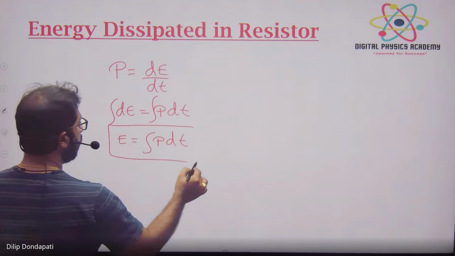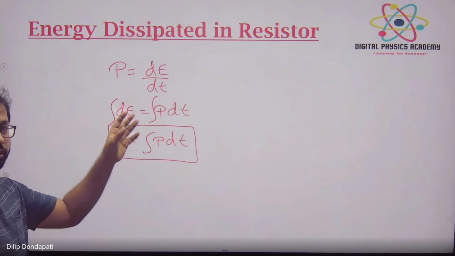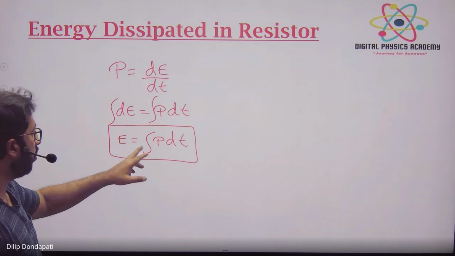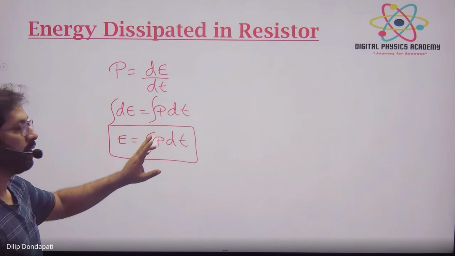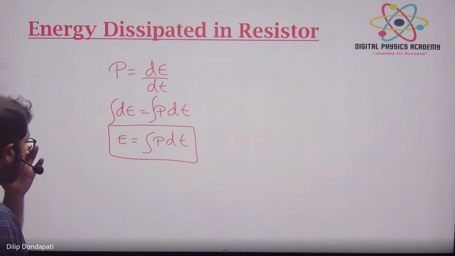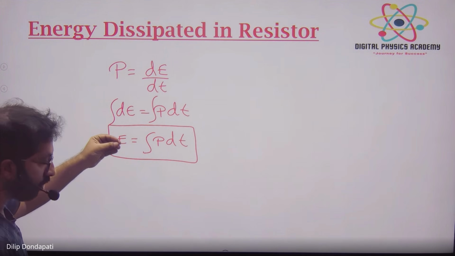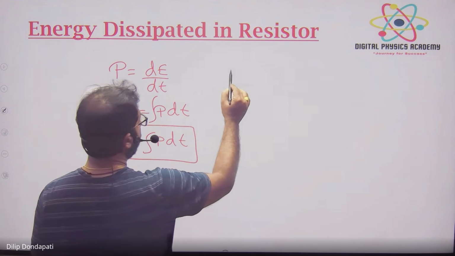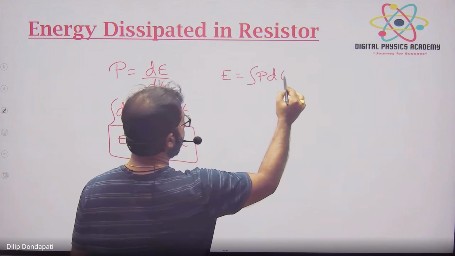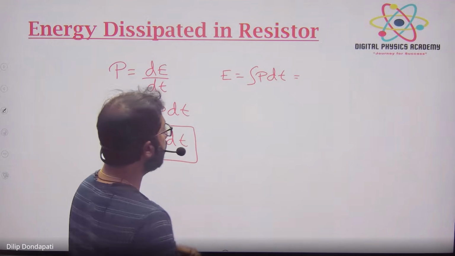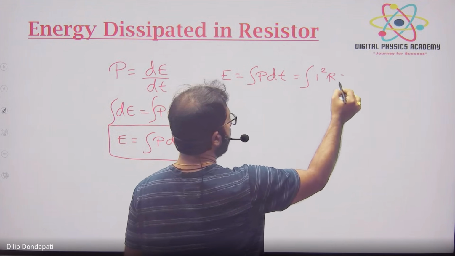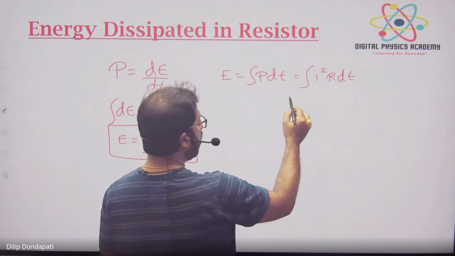P into T we should not use. Only for a constant power should we use it. Here power is varying, so we have to use E is equal to integral P dt. Now suppose power is constant, we use this one: E is equal to integral P dt. Instead of power I am using I square R dt. Suppose I is constant,